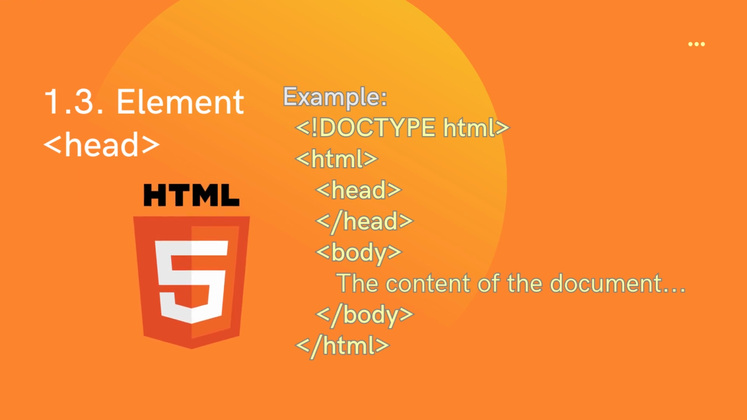The head section contains technical information about the page: title, description, keywords for search engines, encoding, etc. The information entered is not displayed in the browser window, but contains data that tells the browser how to process the page. Example: